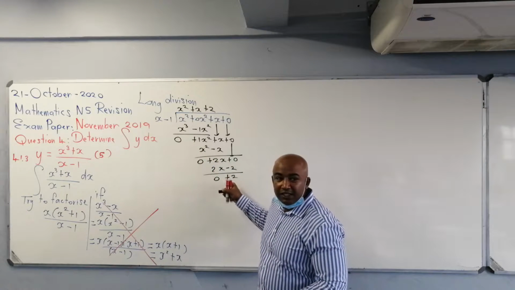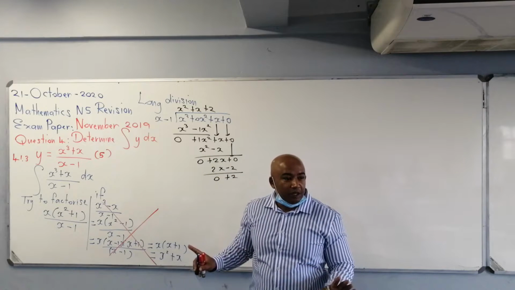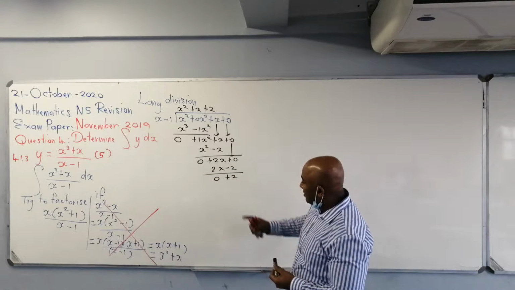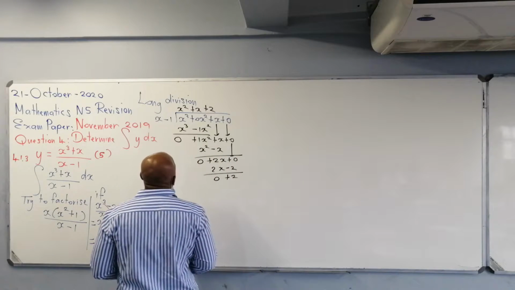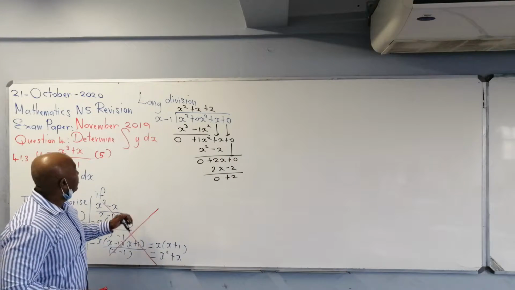And that is x, that means this is smaller. So we stop dividing. Right, so this is your remainder. Okay, so how do we write this out? So therefore,